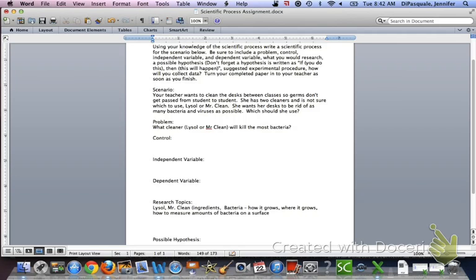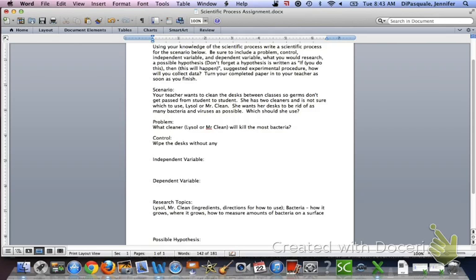Also with Mr. Clean and with Lysol, we're going to look at the ingredients. We're going to look at the directions for how to use, because we want to follow the directions. And so what we're going to see is that in this case, we follow the directions, and the directions would be to put the cleaner on the desks and then wipe the desks. So for our control, we're just going to wipe the desks,